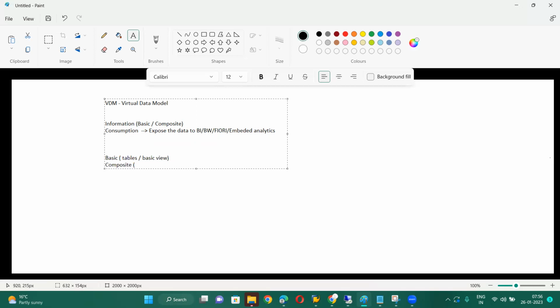Okay, here it will allow basic views. It will allow fetching the data from basic views only. Okay, so here we can try to fetch the data from the database tables also, but that is not recommended by SAP. I will show you that one also. And coming to the